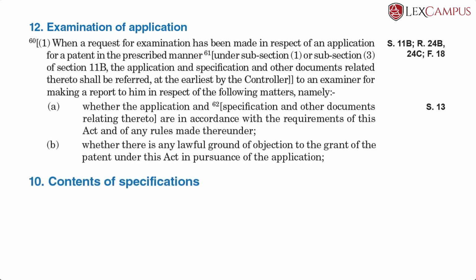So, the lawful objection could come from a provision of the Patents Act which requires the applicant to satisfy those provisions. In the absence of the applicant satisfying these provisions, they could be construed as an objection for the grant of a patent. So, while A talks about requirements under the Act and the rules,